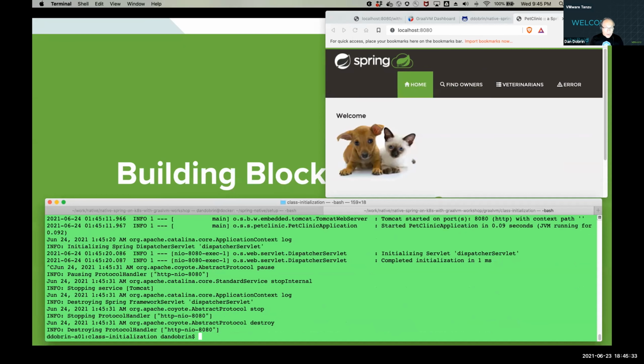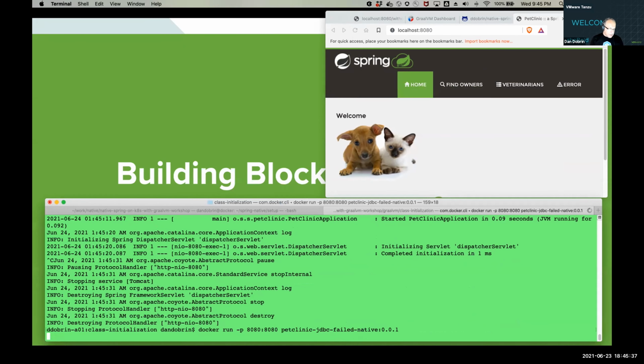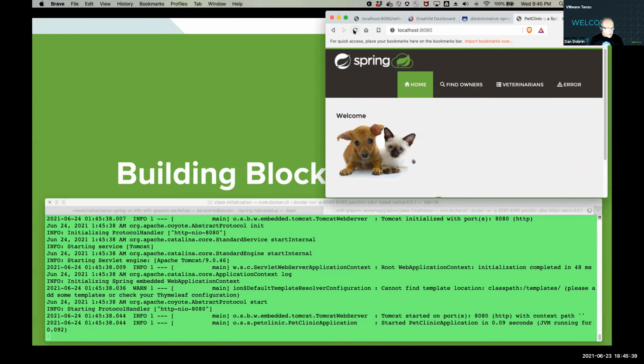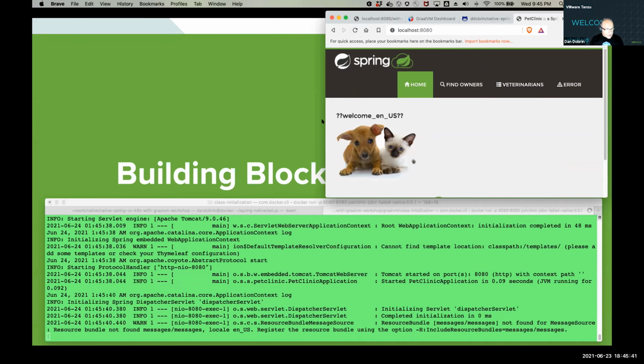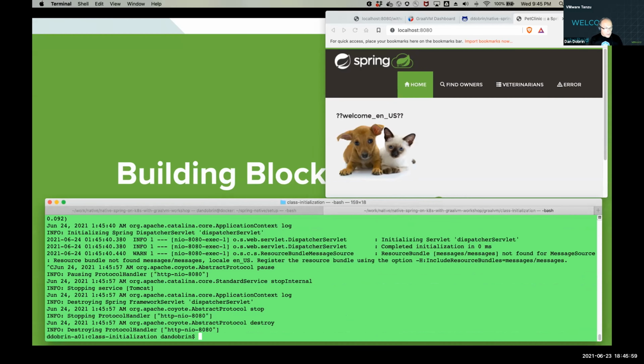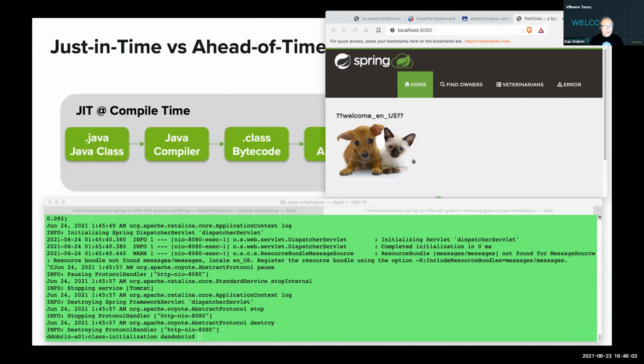However, was this a seamless transition? What if I pick an intermediate image and start this? This tells me that something actually went wrong. This is what we're trying to understand. It's not necessarily what went wrong, but what we had to do to move from a JVM image to a native image. So let's put our pets aside for a second and come back to understand where